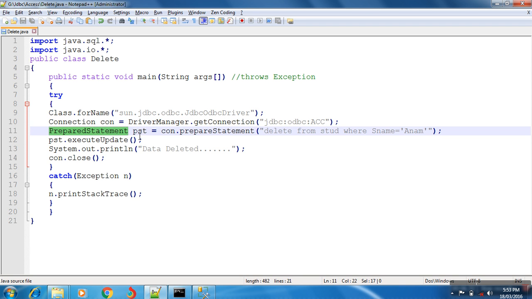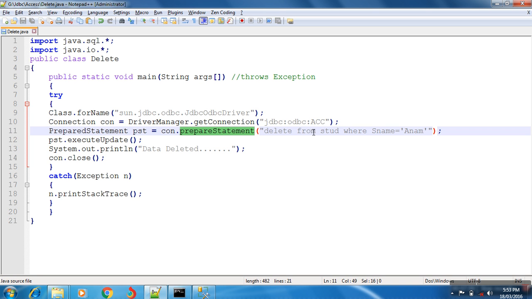Prepared statement: there are three types of statements available: statement, prepared statement and callable statement. Now we are using prepared statement here. pst is an object of PreparedStatement, equal to con, the object of the Connection interface. Now we are writing the delete query here.